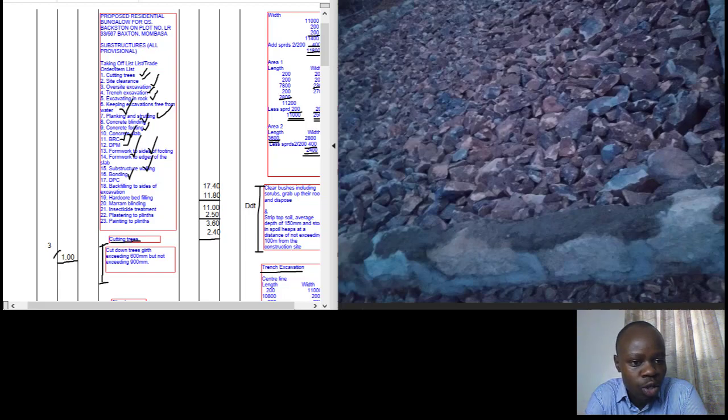Before today, I would like us to go into the item of calculation of backfilling, and that is the main